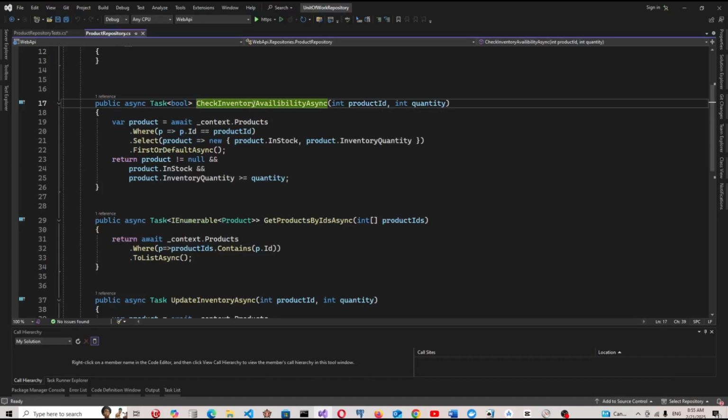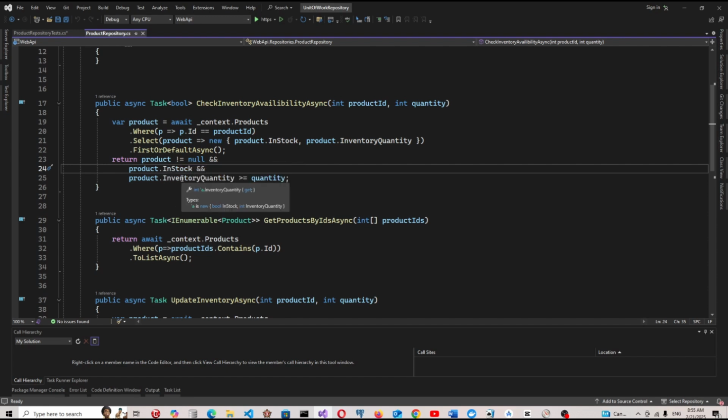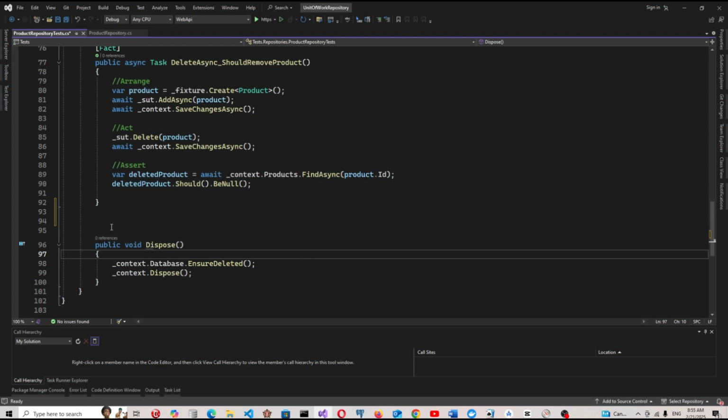Next, we are going to create unit tests for the product repository's CheckInventoryAvailability method. Based on the passed parameters, product ID and quantity, it will check that the product exists, the product is in stock, and the inventory quantity is greater than or equal to the quantity parameter. Let's go to the product repository test and create a Fact,